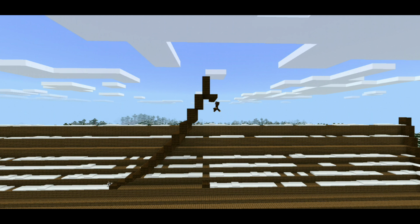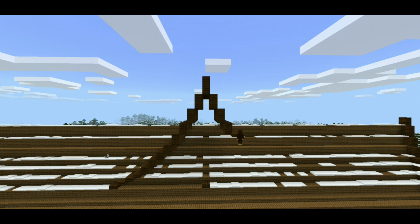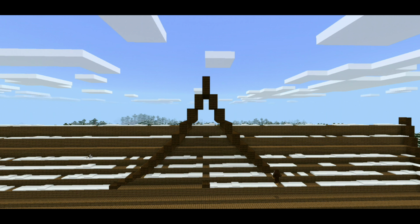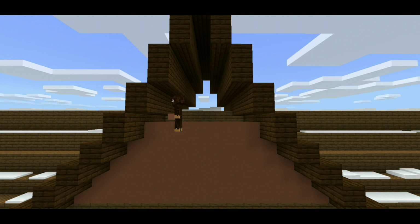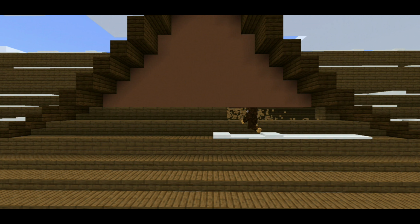The snow on the roof is actually because it started snowing, but I do recommend putting some snow on the roof because it looks very good with the style of the chalet. On the 3rd block into this little roof addition, we will now make another terracotta wall. In order to make it fit right, we will have to take out the last layer of spruce and replace